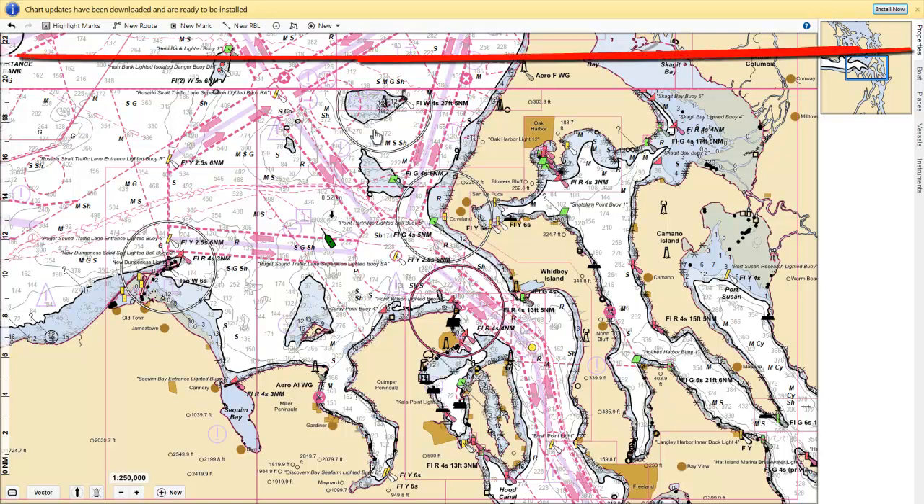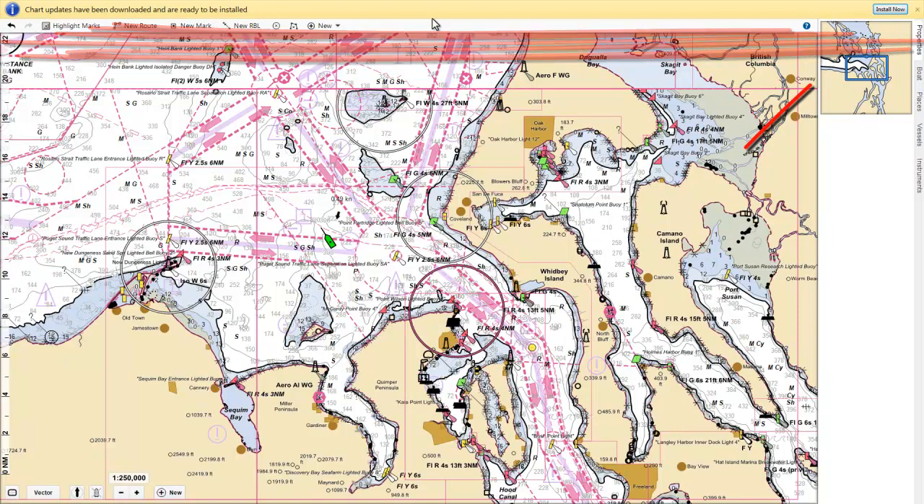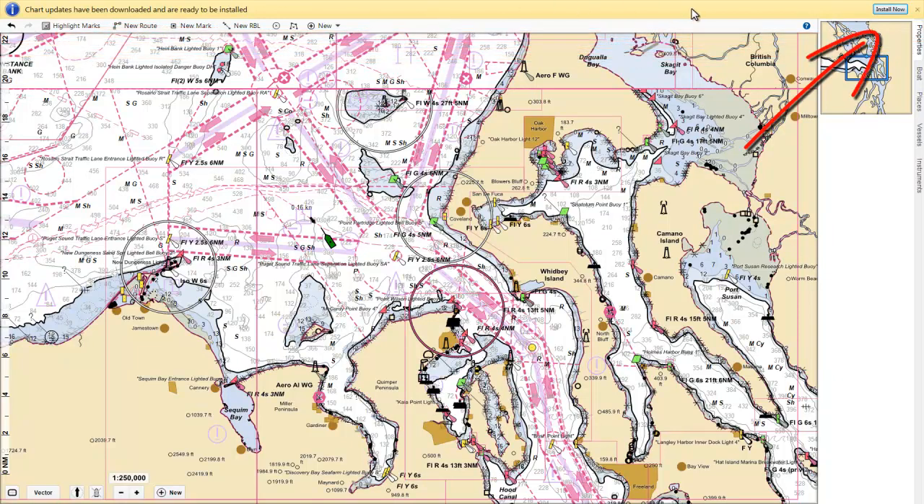Notice the message at the top of the screen telling us that chart updates have been downloaded and are ready to be installed. If I click the Install button on the right-hand side, that'll install them right now. If I don't want to install them right this minute, say I'm using the computer for navigation and can't wait for it to go through the installation process, and that could take some time depending on how many charts have